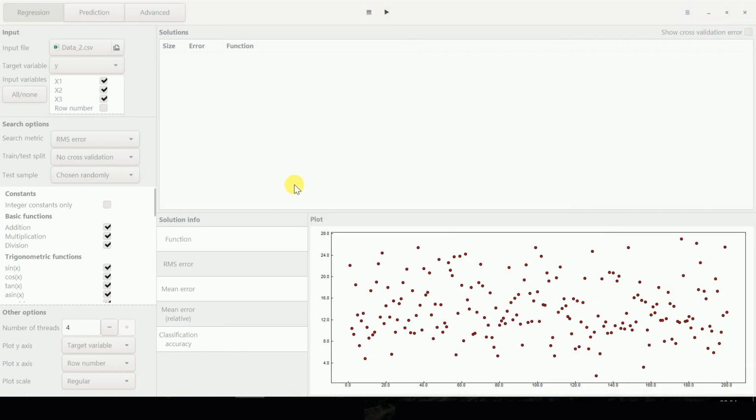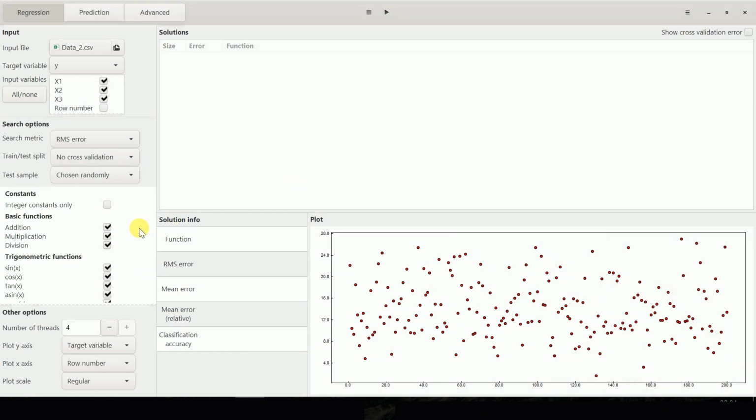So this is the amazing interface of Turing Bot. I've already loaded a CSV file called data_2.csv. The dataset that I have contains a target variable and three features x1, x2 and x3. If you look at the plot, it's currently plotting y with respect to the row number. So you have a plot that is also displayed in the interface.